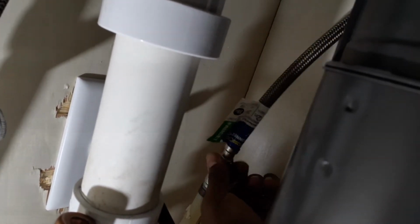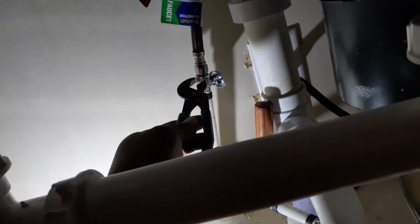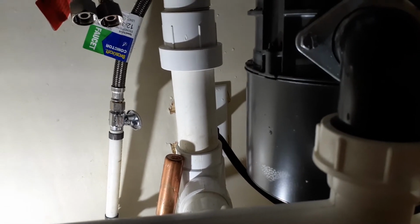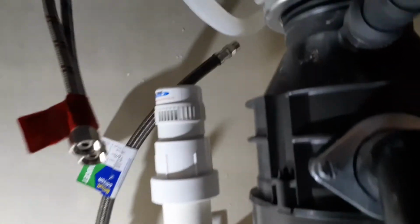And then as before, you're going to get your pliers, like I showed you guys last time. You want to hold that valve, and then with the other pliers, you want to tighten it up, but you don't want to tighten it too much. Just snug it on there. I'm going to cut the camera back on as soon as I get that done. All right, so now that we got these lines put on the valves,